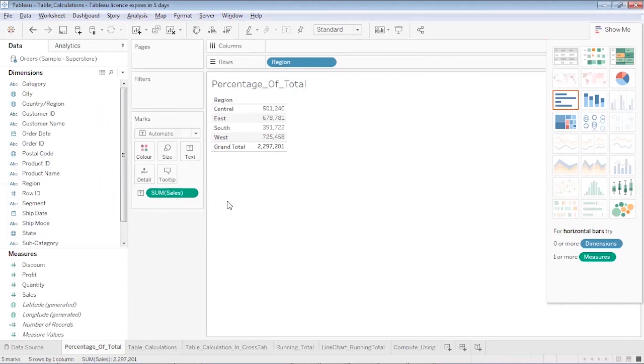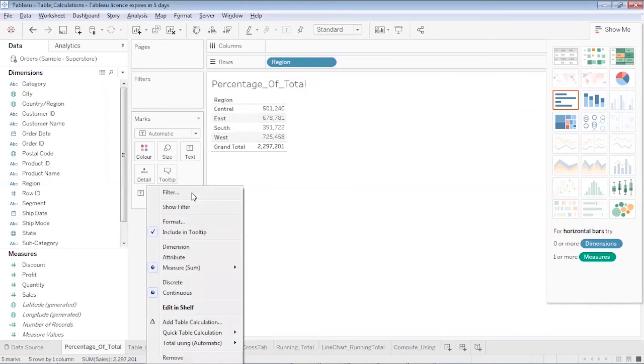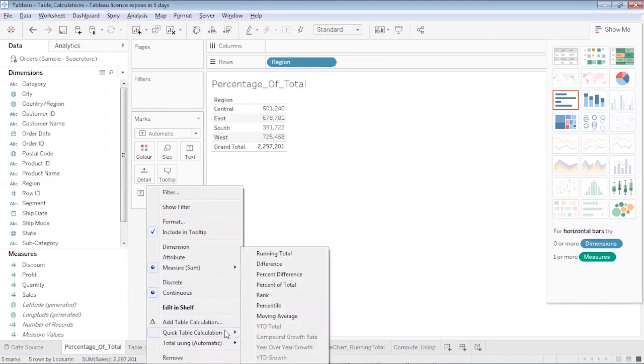Now if I would like to see it in terms of percentage, I'll come over here to the sales drop down, choose quick table calculations, and say percentage of total. It will convert each of these sales into a percentage of the total.